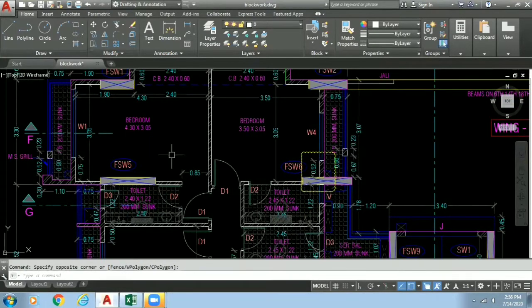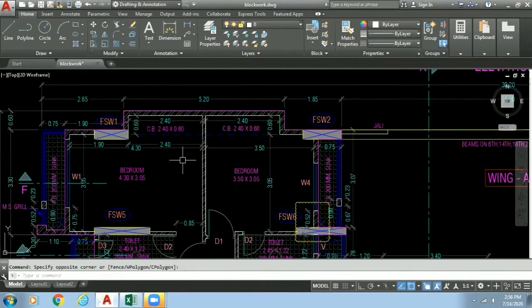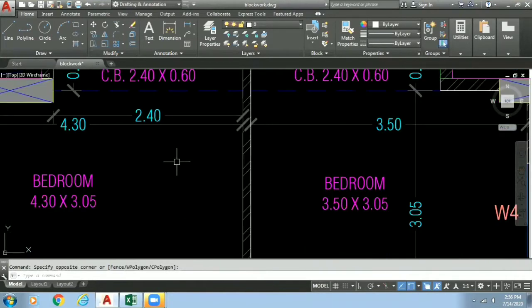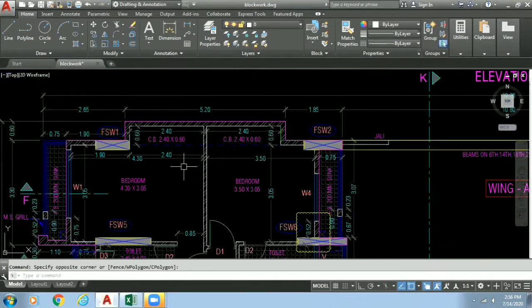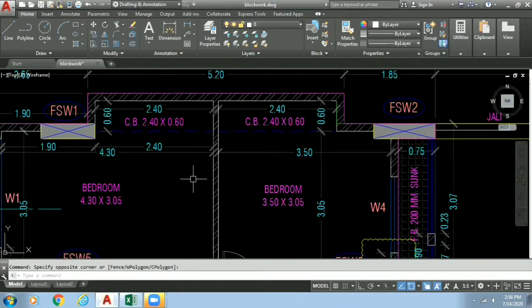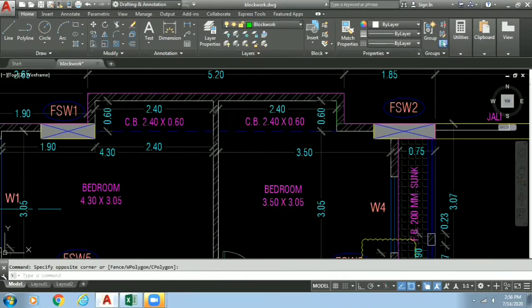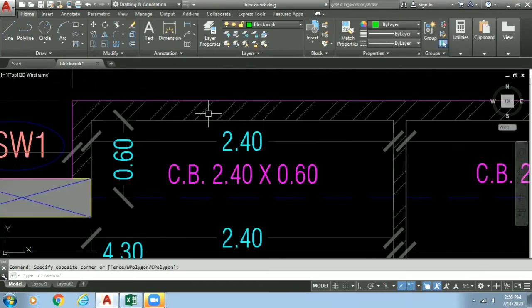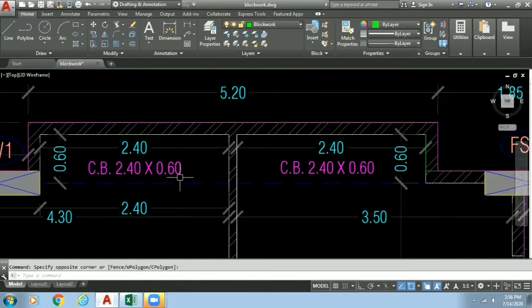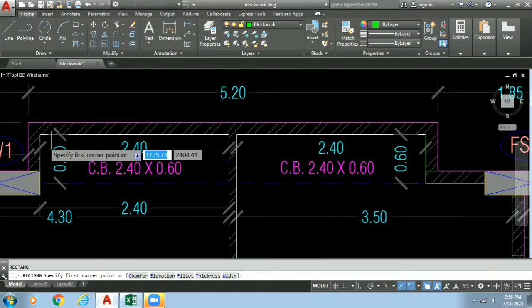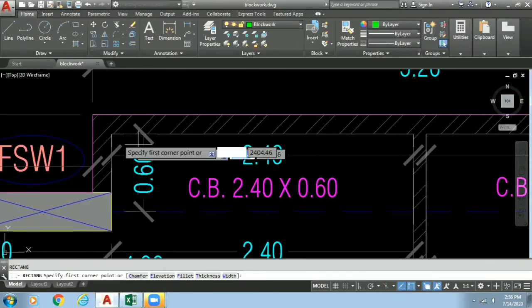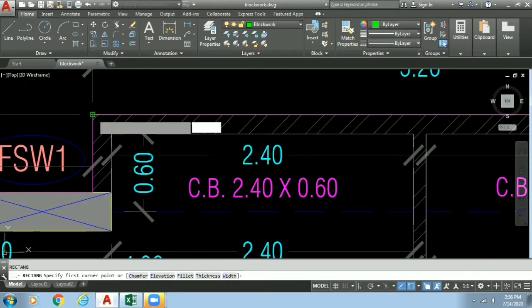But as we know this is a framed RCC structure, we are forced to use the long wall short wall method. To make our work easier in calculation of the quantity, I have created a layer of block work here. I will just activate this layer. Now I will bifurcate my walls into long wall and short wall using rectangles. First of all, I give the command REC, enter, for rectangle. Now I will specify my walls, for example like this.